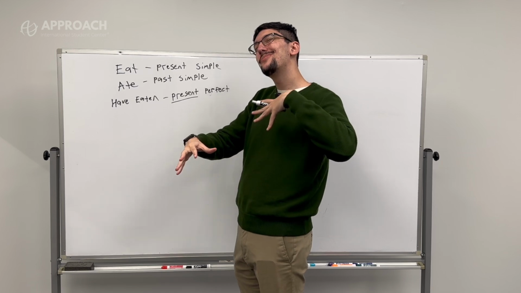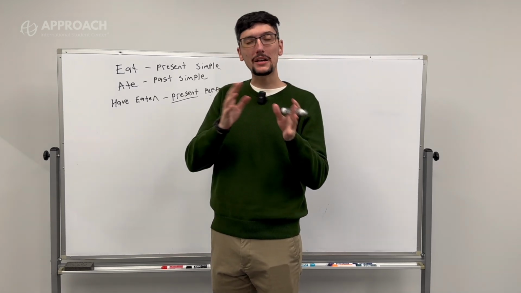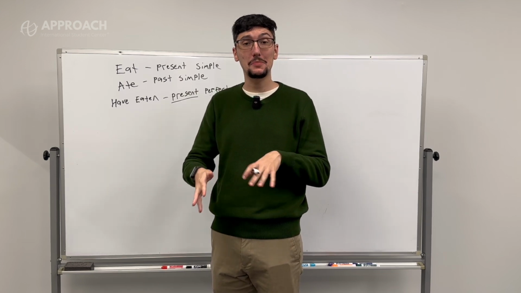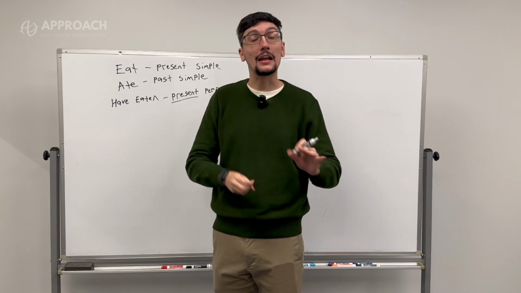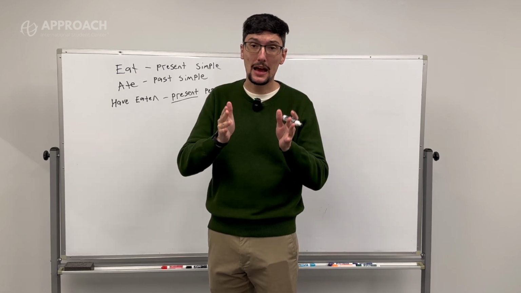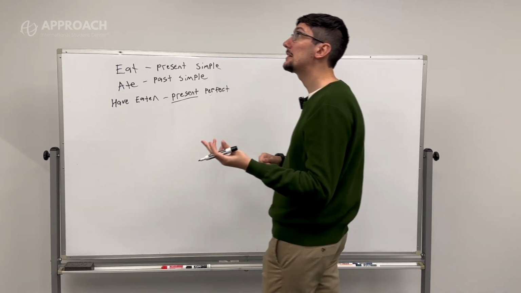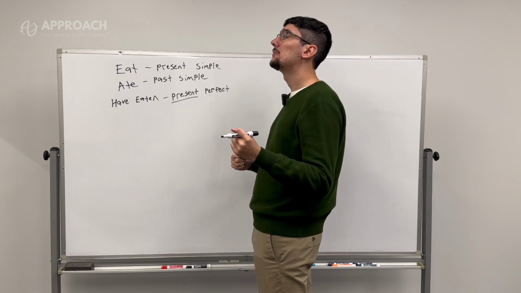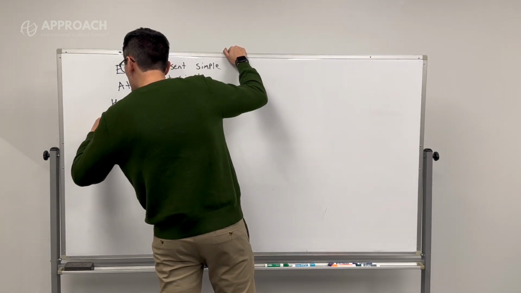Now, in reality, English speakers sort of mix the uses of these verb tenses. Sometimes they can be kind of interchangeable, but they are not always, and I will explain exactly how. So, if we take a sentence like, for example, oh, perfect, I'm kind of hungry. So, we could say,